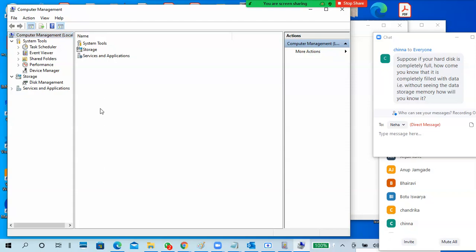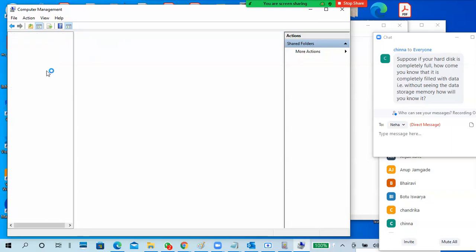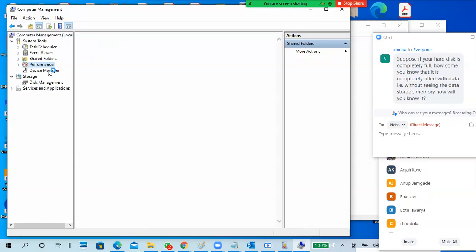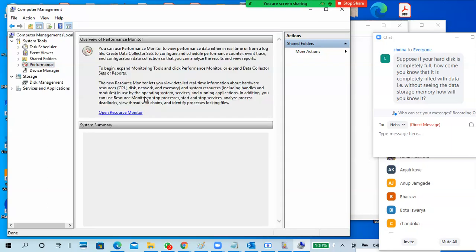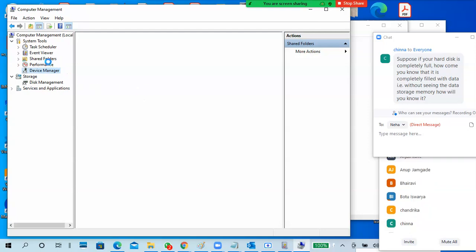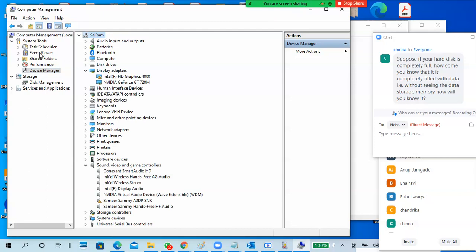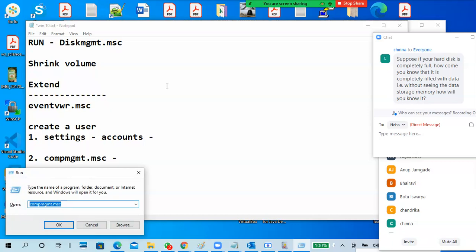Where is the user account section? It is missing here. Don't worry. Let me try lusrmgr.msc.